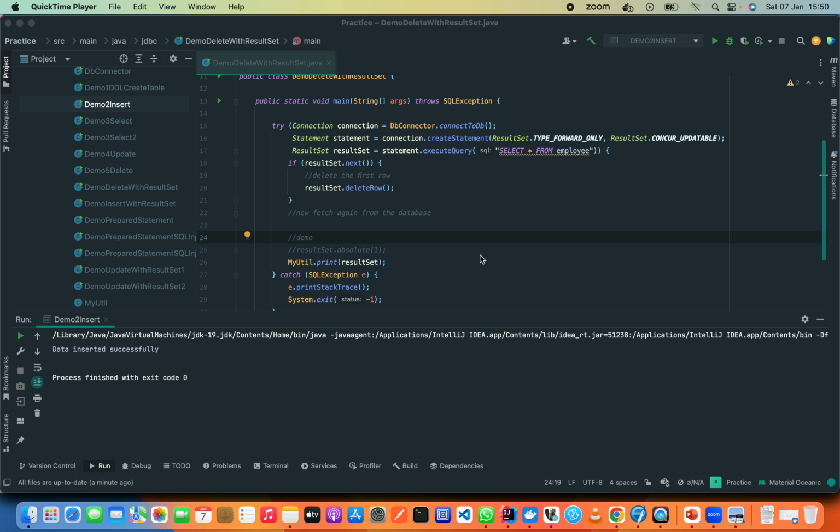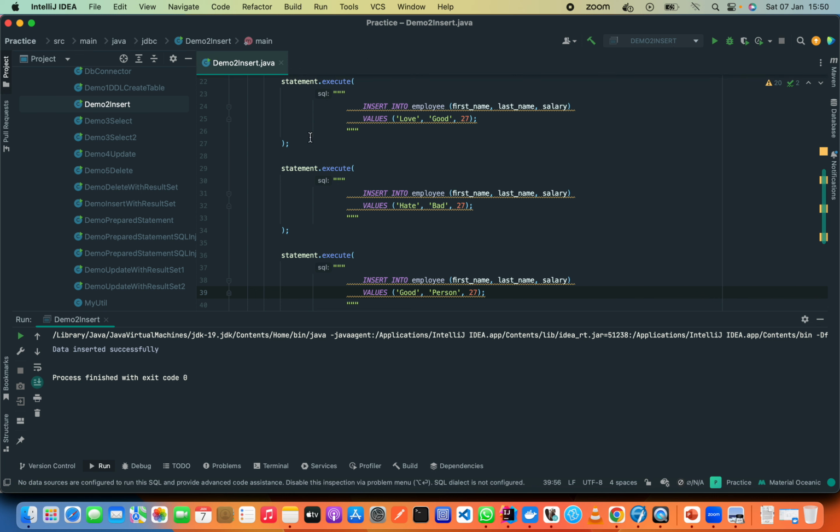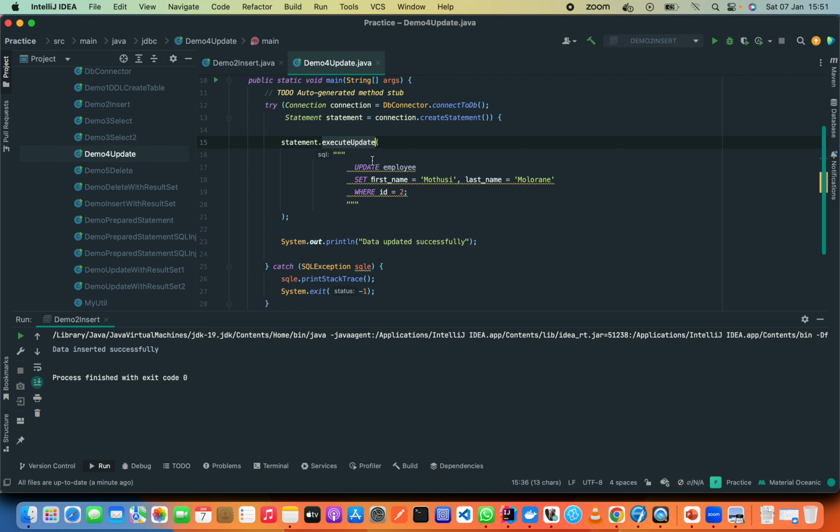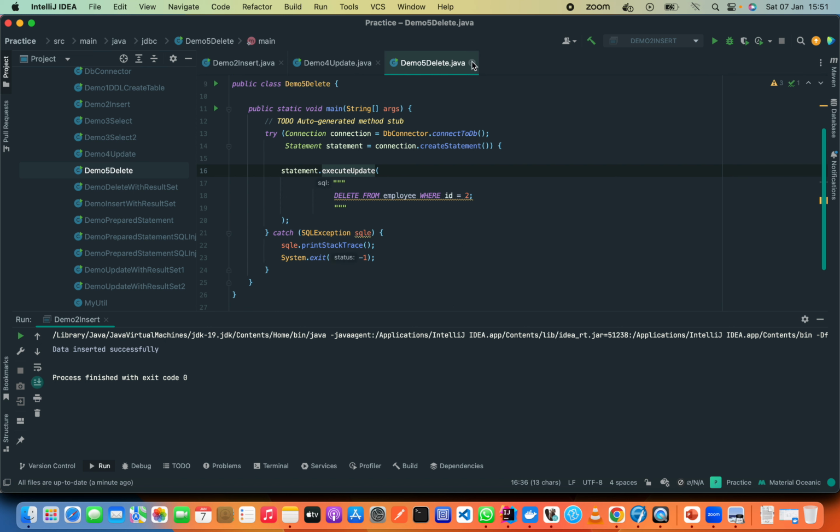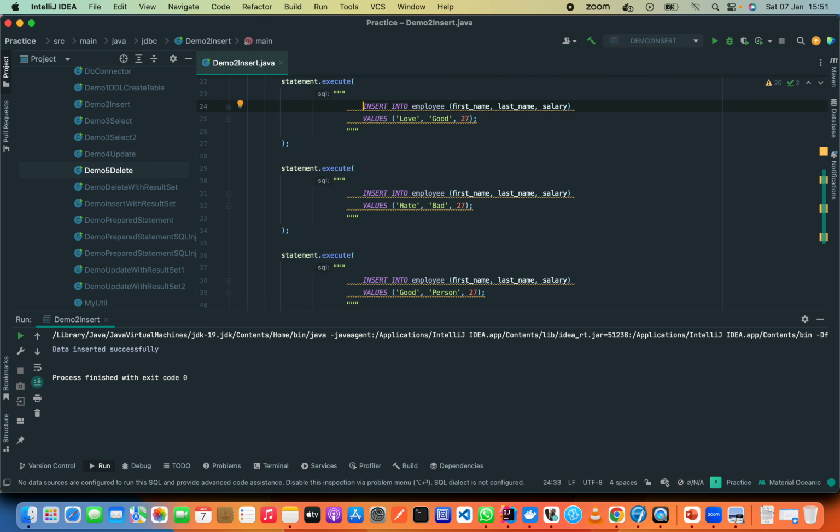Hello guys, so we saw how we can perform different DML queries using their appropriate queries. By appropriate queries I mean if you want to insert, you have to explicitly write an insert into employee statement. If you want to update, update employee. If you want to delete, delete from, to perform those DML queries. And then